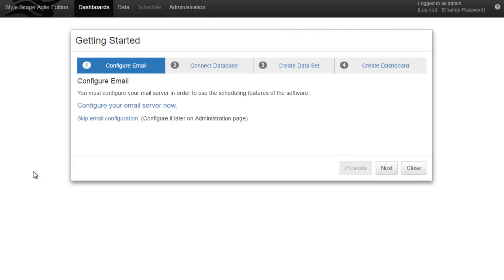When you initially open StyleScope Agile Edition, you will see the Getting Started wizard. The Getting Started wizard leads you through certain basic steps that will help you get started creating data sets and dashboards. These include configuring email, which will allow dashboards to be mailed to different users,